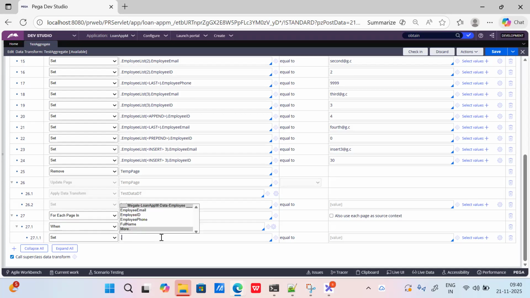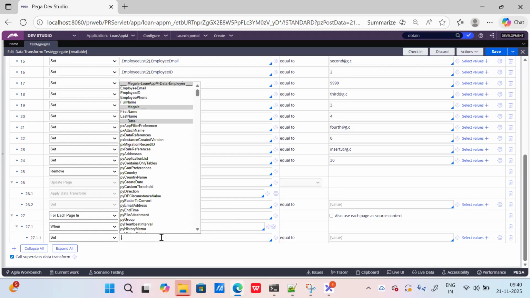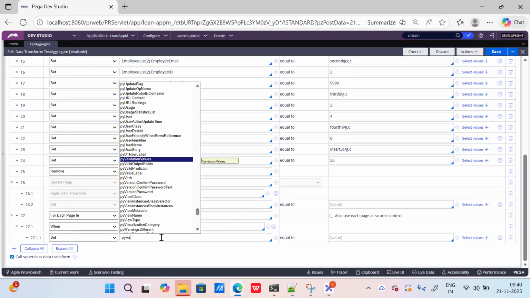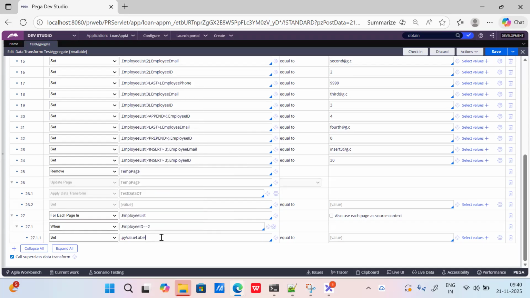For now, let's consider I'm just doing set. Do I have any property? I'll just say pyValue. Pyvalue label no. Yeah, let's say pyNote. To which value do I need to set? Whenever the condition is met, I want to set that to a property, the index property.